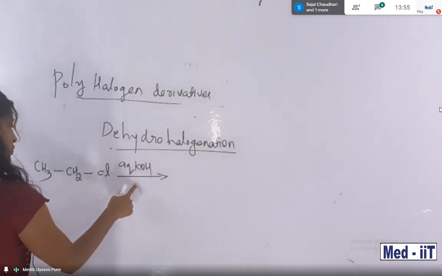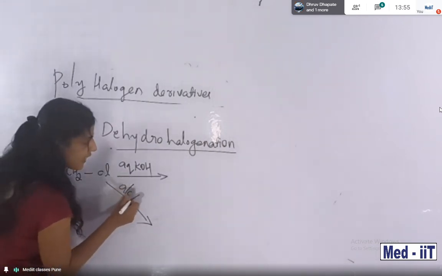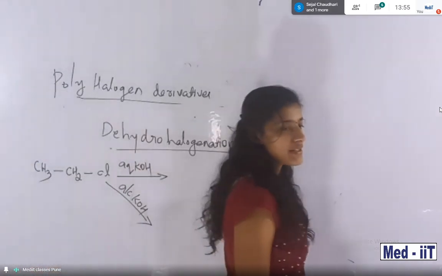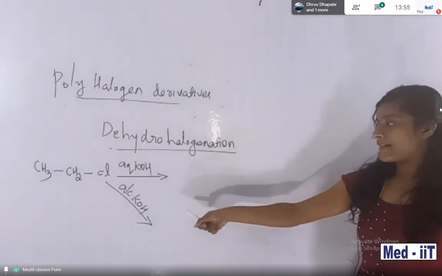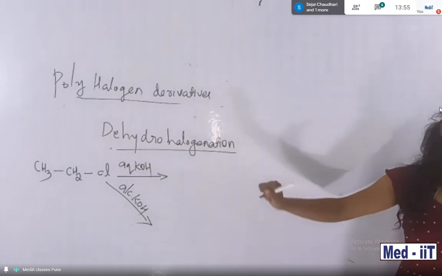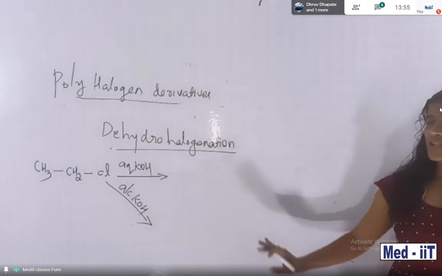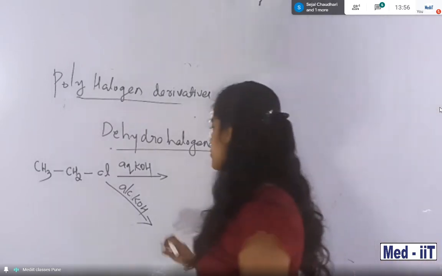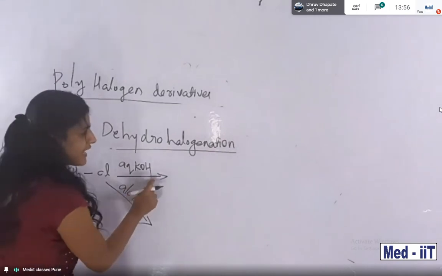One reaction is in the presence of aqueous KOH, and the second one in the presence of alcoholic KOH. Both are different, students. In our previous section, I think you are familiar with aqueous KOH, but alcoholic KOH is new to you. Can you predict the product in the case of aqueous KOH? What I told you, very easy. You have already done this reaction. Tell me, what about the product? In the case of aqueous KOH, it's very easy.